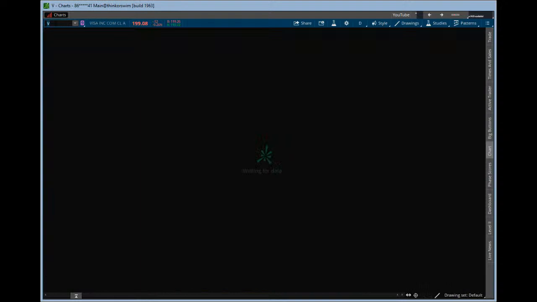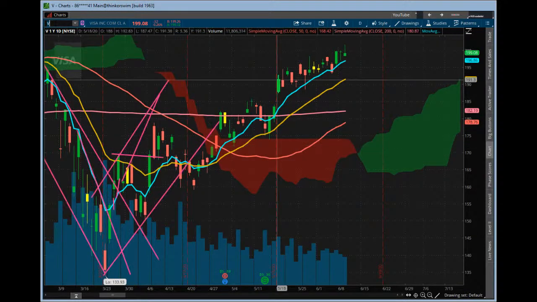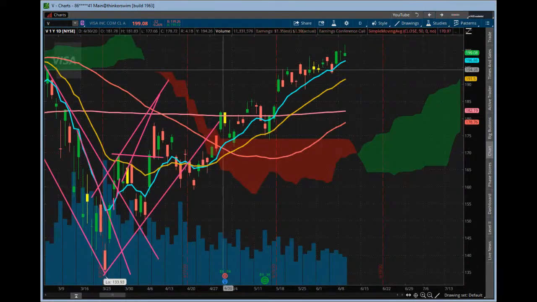Let's take a look at V. Yeah, a couple decent moves intraday today. I mean, this is just kind of a slow, choppy grinder, right? It's working its way up, but it's tough to trade. It gave a nice move at the open, then just chopped around for a little bit today. But it's okay. It's hanging in there. It's working.